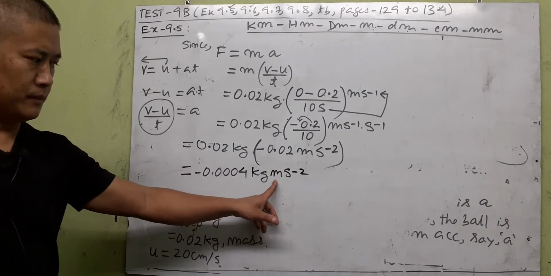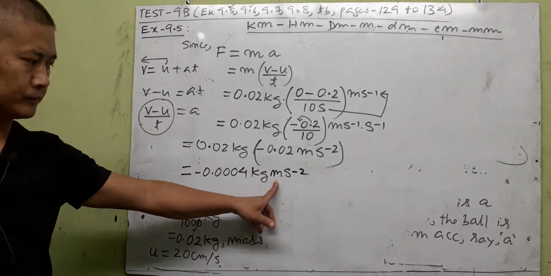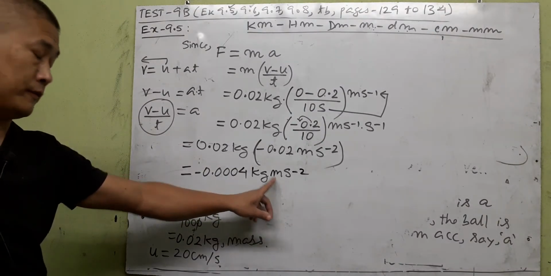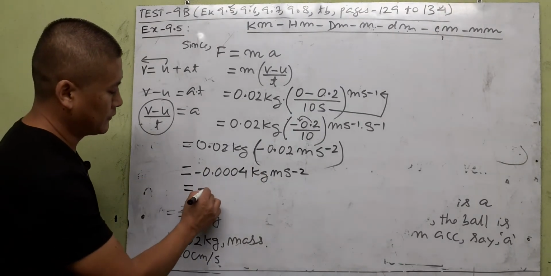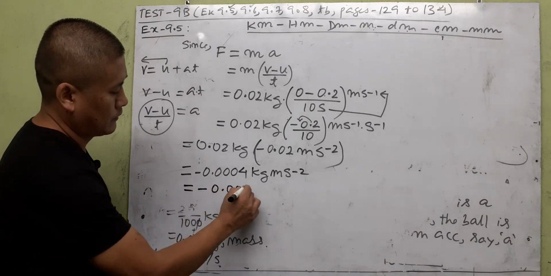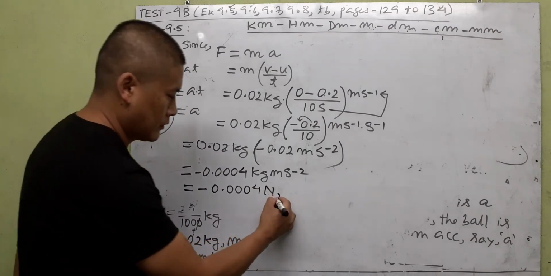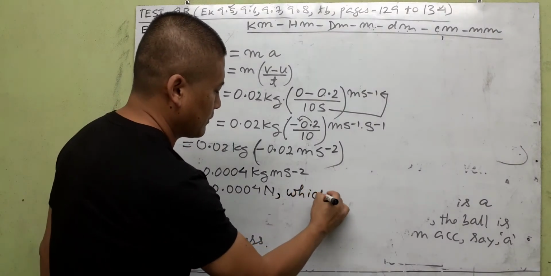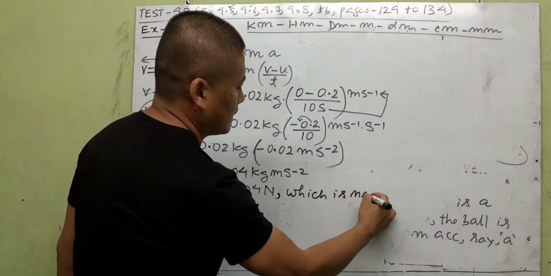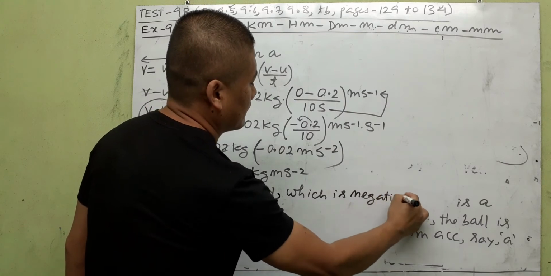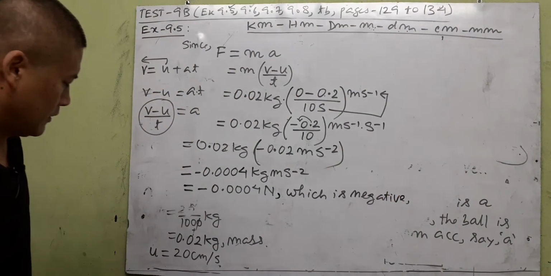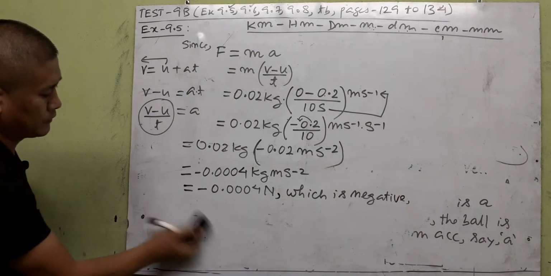Now kg meter per second square is the unit of force, and in honor of the scientist Newton, we can write this one simply as Newton. So we found out the force exerted by the table is negative. So we write that. Okay. So what does that tell you? Therefore, you can write here,